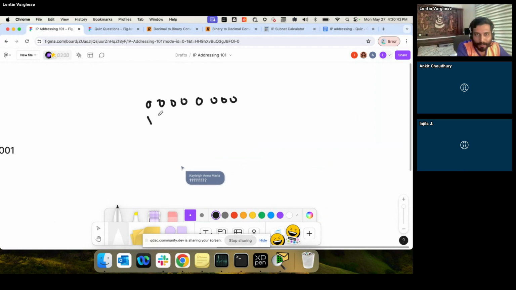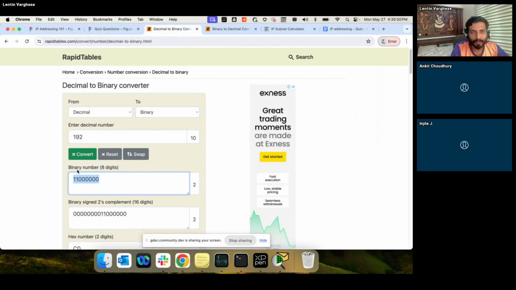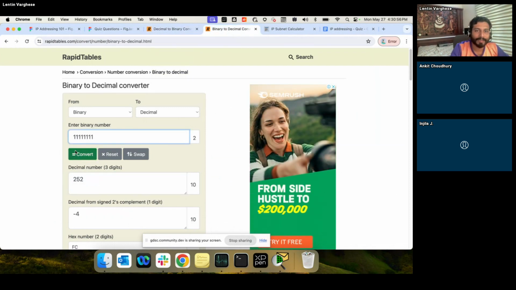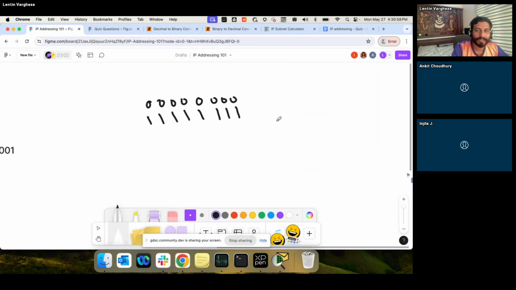Okay, saying 8 ones. 1, 2, 3, 4, 5, 6, 7, 8. Excellent, valid point. Now, if we convert this to decimal, what do we get? 255, right? So this would mean I can give addresses to 255 devices with 1 octet. But we have way more, right? Over the period, though, they started with 4 computers, it got added up more and more and more, right?